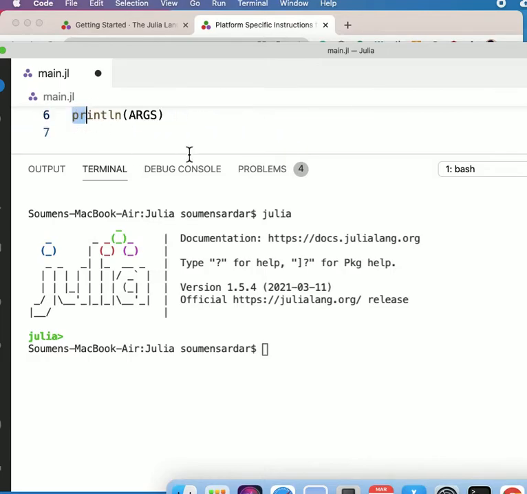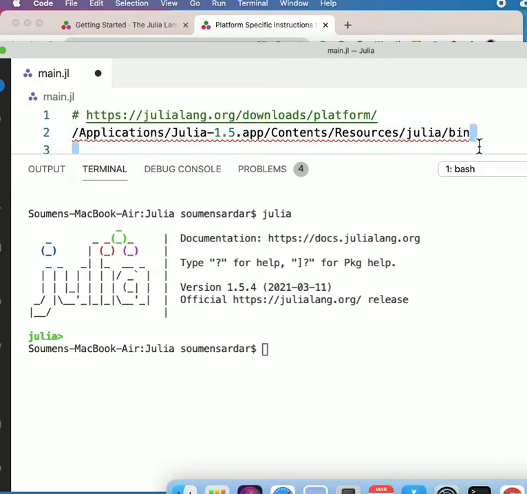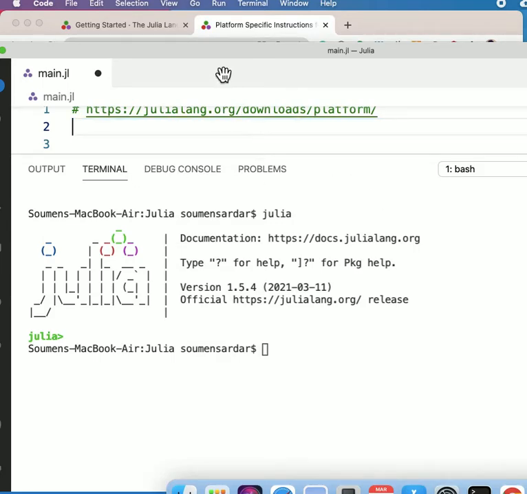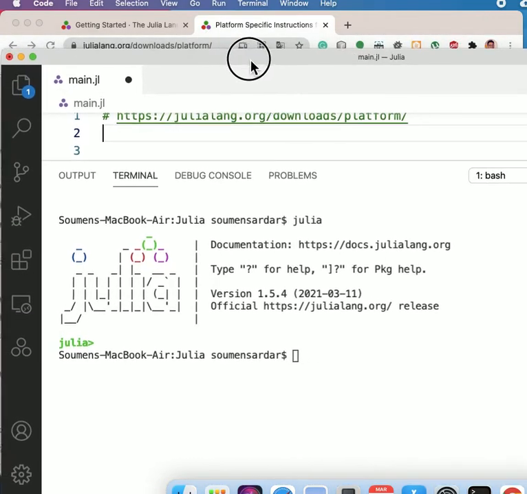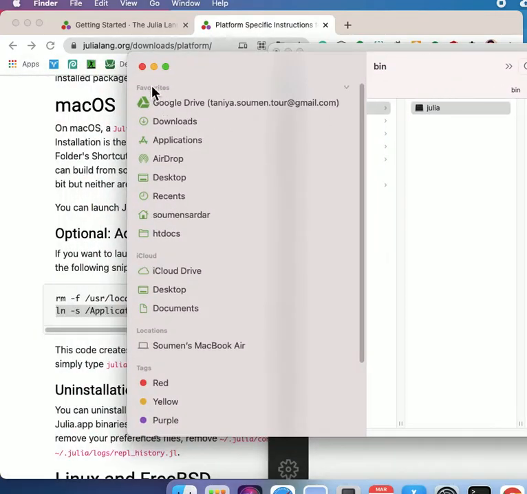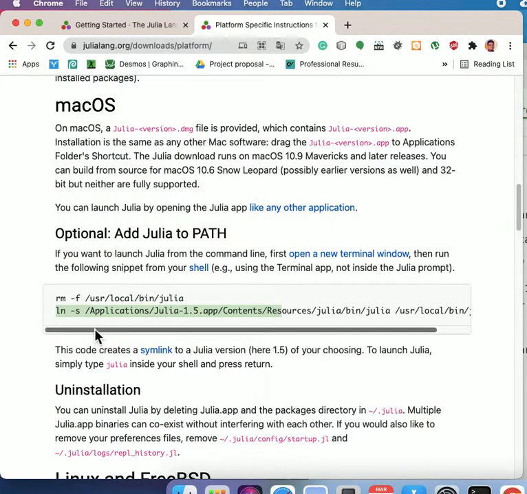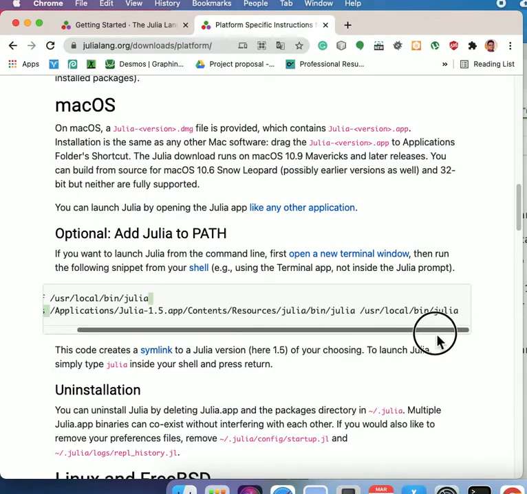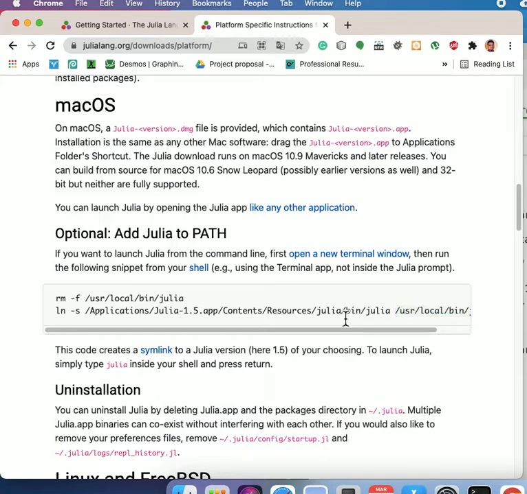Now we don't need to copy this, because copying this to the user bin local is not going to help us. Instead of that, we need to create a symbolic link. Let me close this first. This is what this command is doing: ln -s. It will create a symbolic link of this path at this location. I already ran this command,